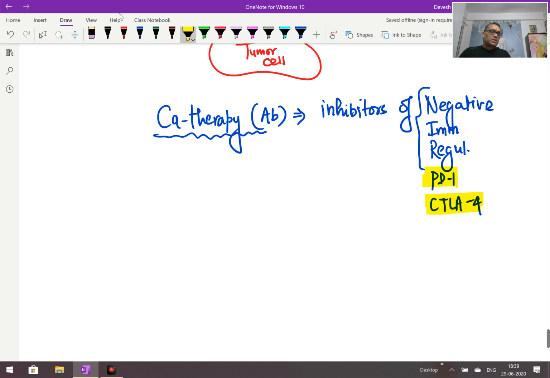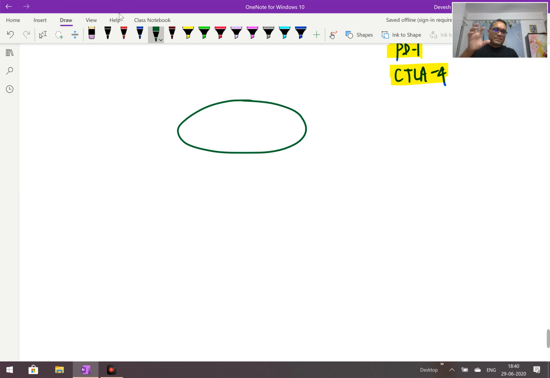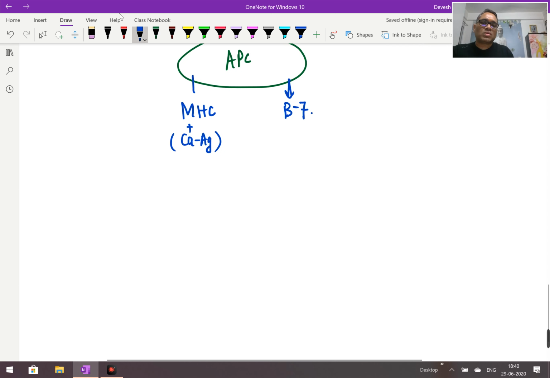So in cancer therapy, what they are doing is preparing monoclonal antibodies which are inhibitors of the negative immune regulation. So how are they going to inhibit the regulation? The same thing will be happening. See what I have shown you, I am going to repeat those things again, so that it will be very well absorbed in your mind. So this is the antigen presenting cell, right? As I have told you, there will be an MHC molecule which will be capturing the cancer antigen. So here the antigen is the cancer antigen, right? Here it is a B7 molecule, the co-stimulatory molecule on the antigen presenting cell.